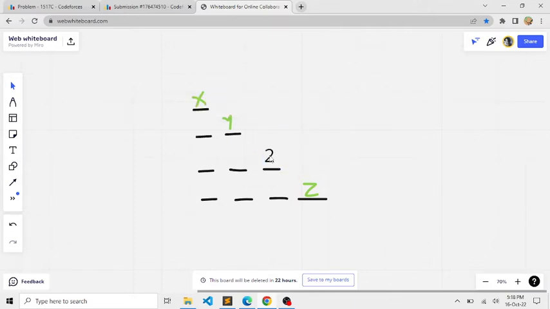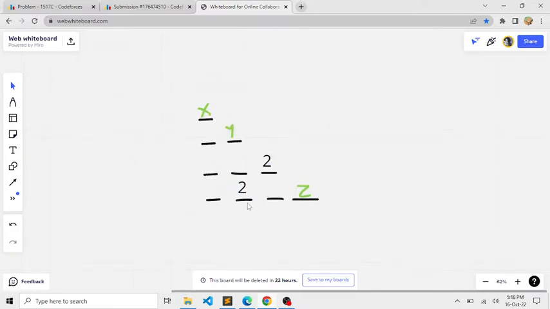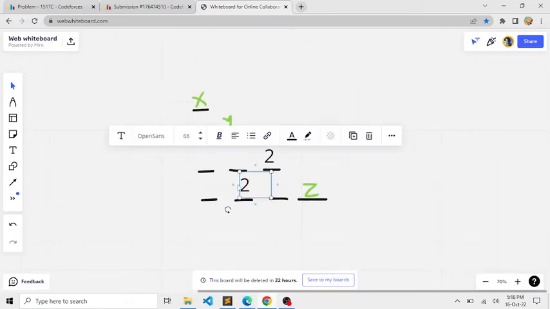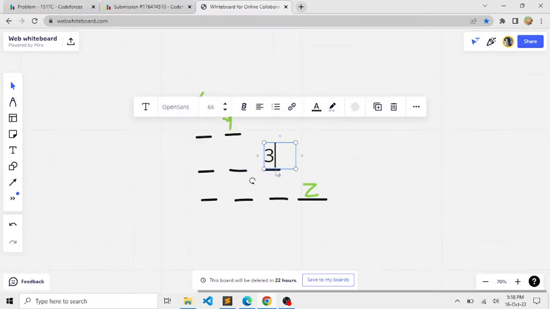So let me take another cell. So these are 2 cells and these 2 cells must be connected to each other. By connected, I mean that they must be directly connected either vertically or horizontally. So 2 can lie over here or 2 can lie over here, and this will form a valid region. But 2 cannot be placed in the diagonal position, as it will not be a valid region. So I hope it is somewhat clear. Now let's try to understand with another example, that is 3.